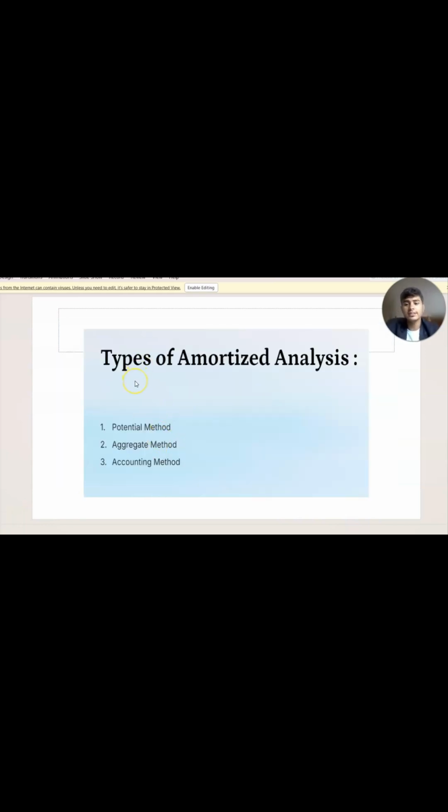Now let's see the types of amortized analysis. There are three types: potential method, aggregate method, and accounting method. First, the potential method. There is a potential function phi which represents potential energy. The actual cost of an operation is combined with the change in potential to determine the amortized cost.